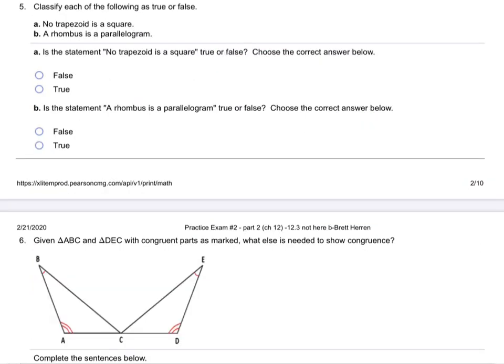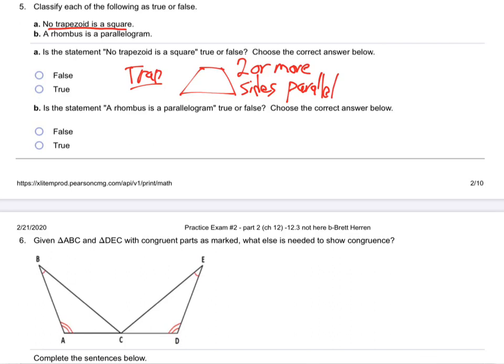Number 5, classify each of the following as true or false. No trapezoid is a square. Well, if you have a square, remember what a trapezoid is. A trapezoid is shaped like this, right? What's the definition? 2 or more sides are parallel. That's a trapezoid. See how the top and the bottom are parallel, but the right and left are not? Now you know what a square is,